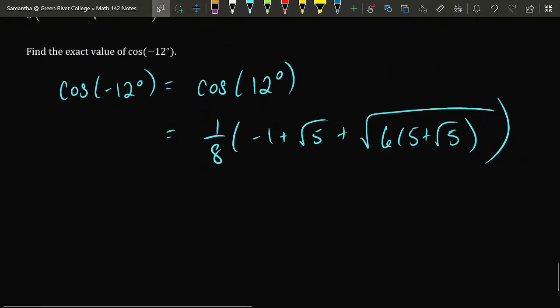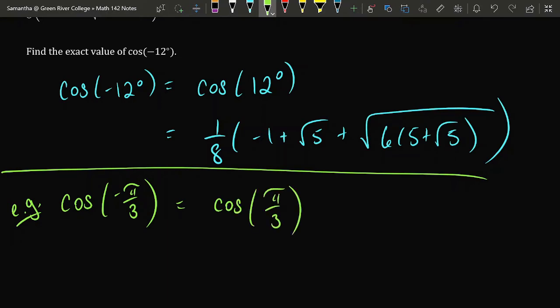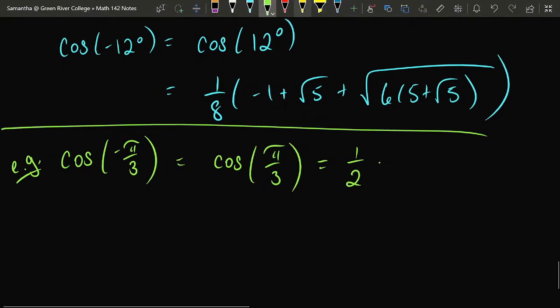This also gives you a fairly convenient way to find the value of something like cosine of negative pi over 3 without having to find a coterminal angle to negative pi over 3. We could say that cosine of negative pi over 3 is the same thing as cosine of positive pi over 3, and this is a value which does actually show up in our unit circle reference image. Cosine of pi over 3 is equal to 1/2, if I recall correctly. So that's another useful property of these formulas here.